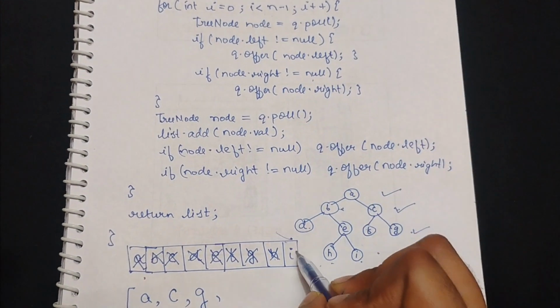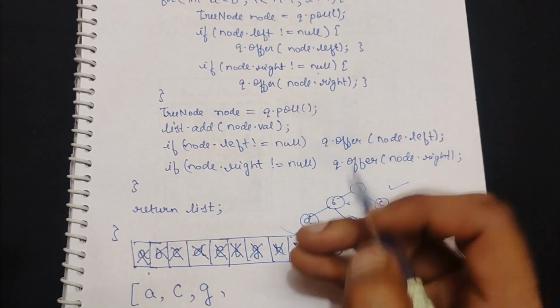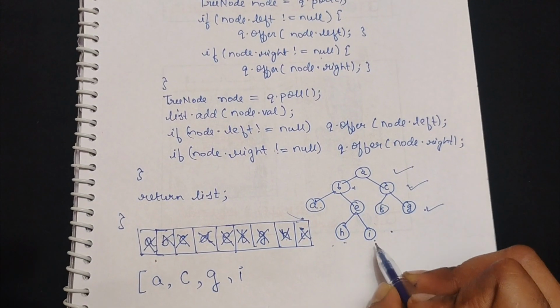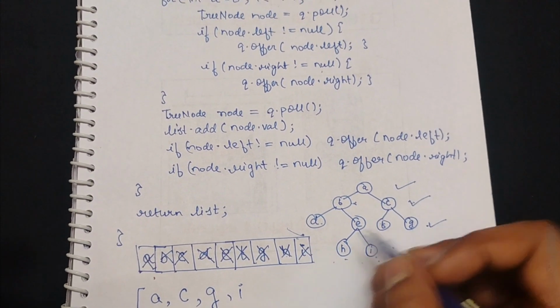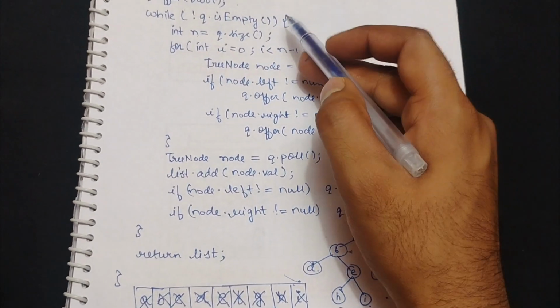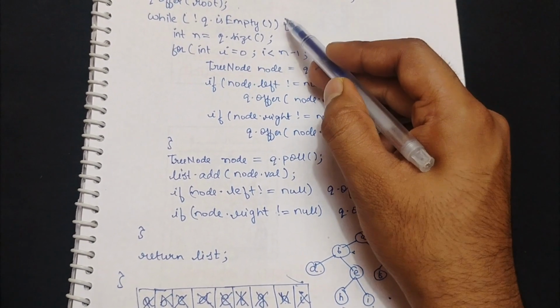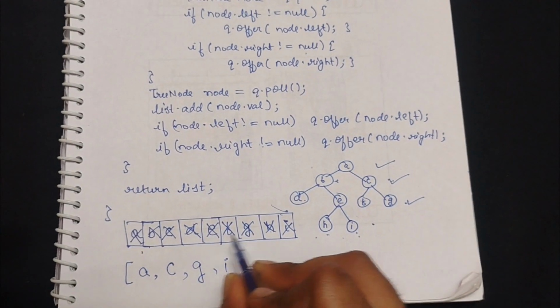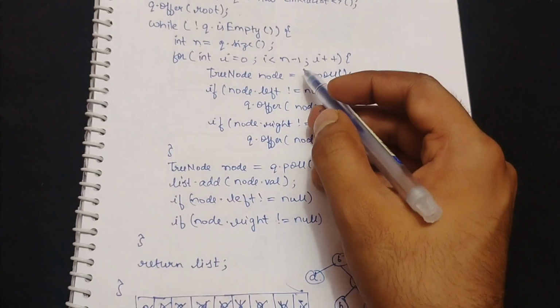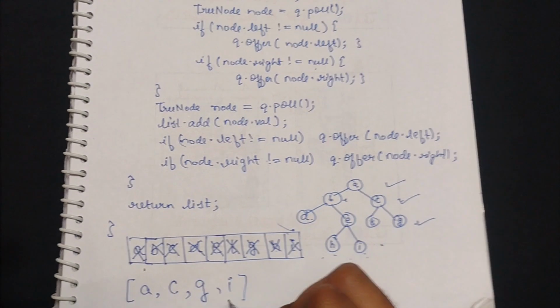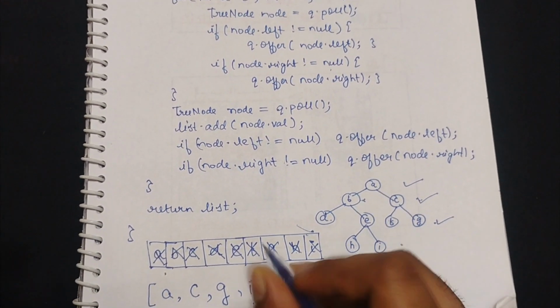I'm at here. I'll pop out the element, add it in the list. Check for left and right child. There is no left right child of I. Okay, continue. Now it will again return. It will come back here. It will check, is the queue empty? Yes, the queue is empty. There is nothing in the queue. Okay, then this while loop will end over here, and we have the list over here. This is the answer, and we'll